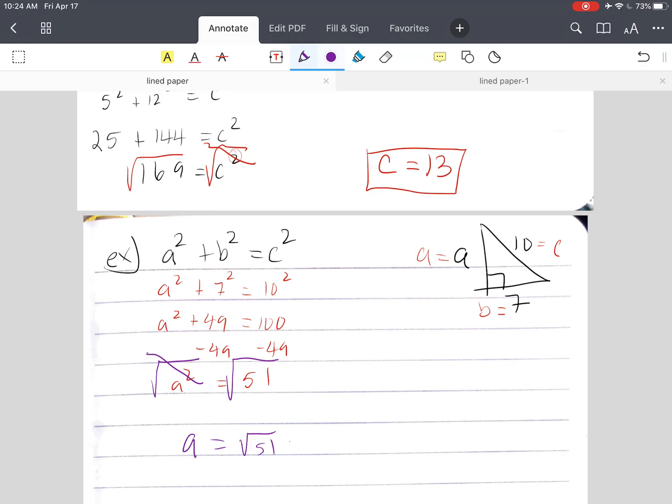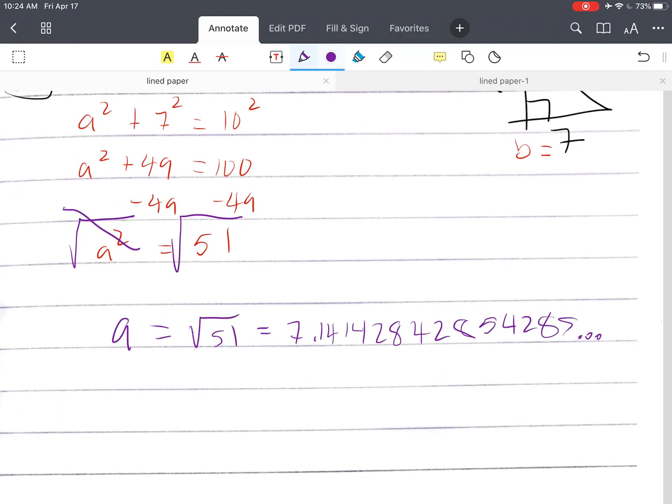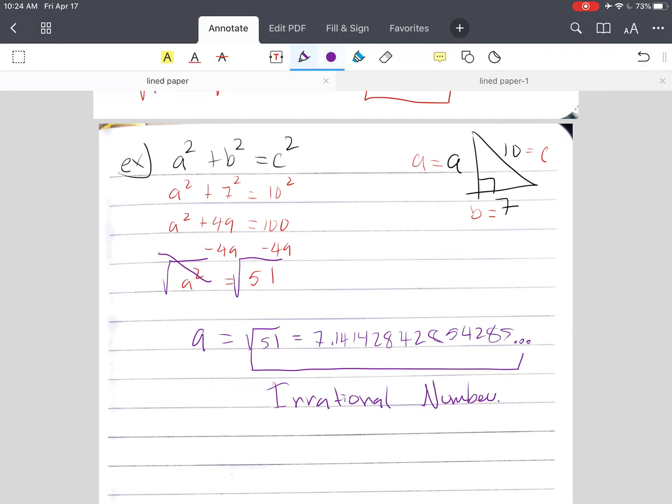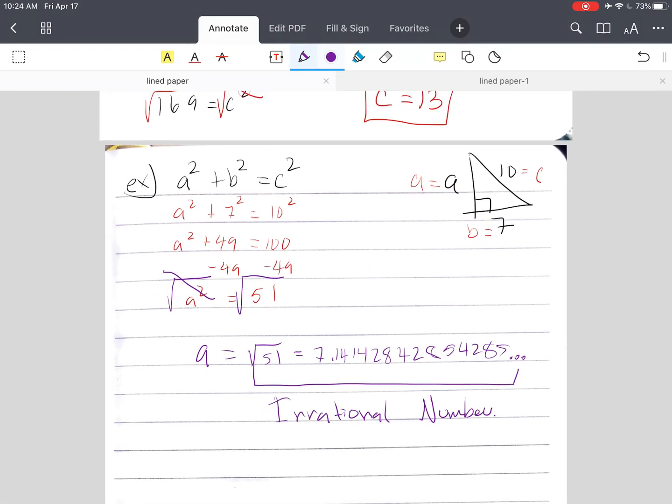And then I'm going to ask you, is there a pattern? Do you notice a pattern? And you're going to be like, no, there is no pattern. And I'm going to tell you, good. There should be no pattern because this number right here is what we call an irrational number. But we'll talk more about that next time,